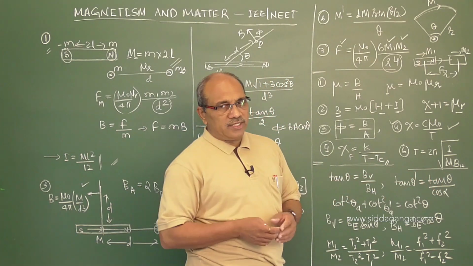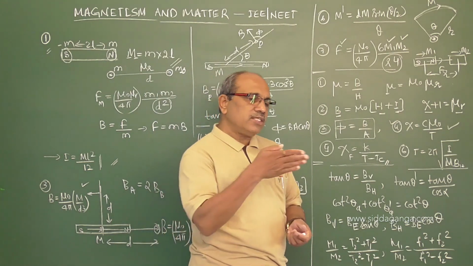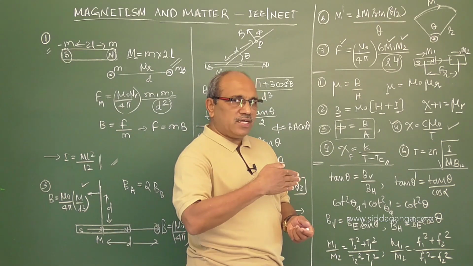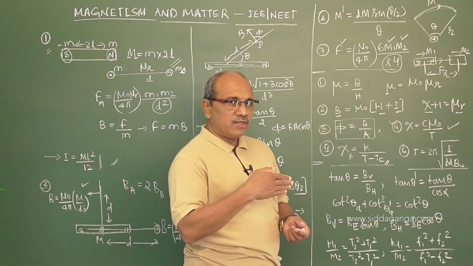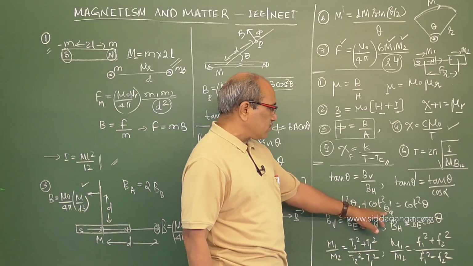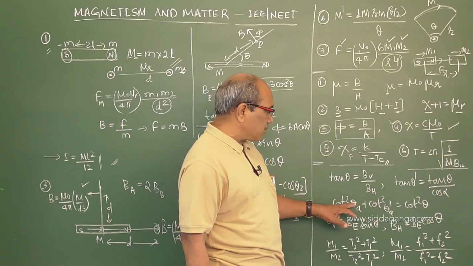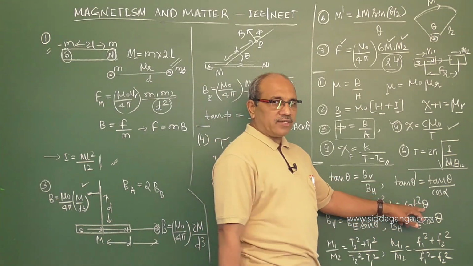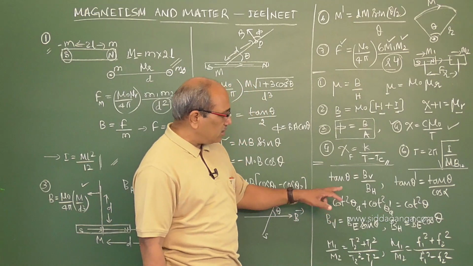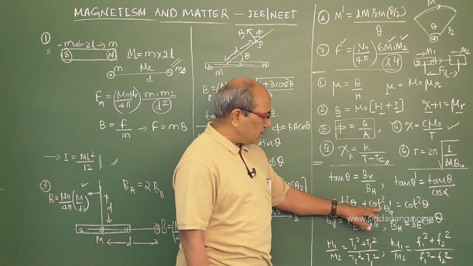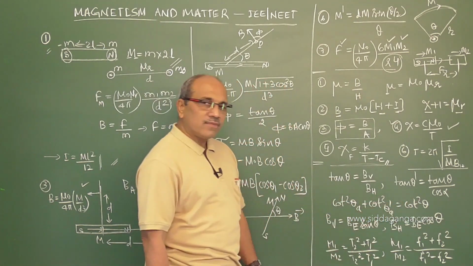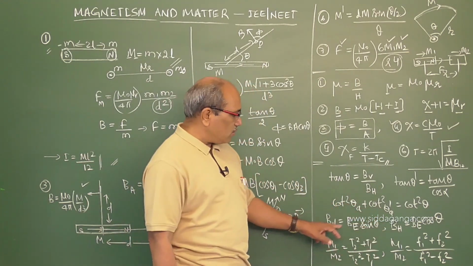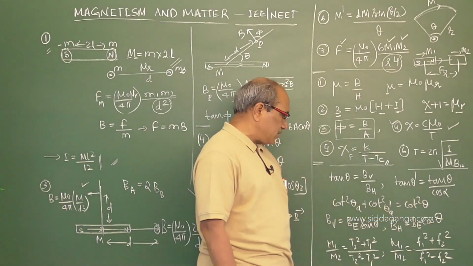Suppose we do not know the magnetic meridian at all. In one plane, we measure the apparent dip. Turn the dip circle by 90 degrees. So in the two mutually perpendicular planes of the dip, we measure the apparent dips, theta A and theta A dash. Theta is the true dip in the magnetic meridian. That is related with this equation: cot square theta A plus cot square theta A dash equals cot square theta. Also we have relation between BV and BH: BV equals B sin theta and BH is B cos theta.